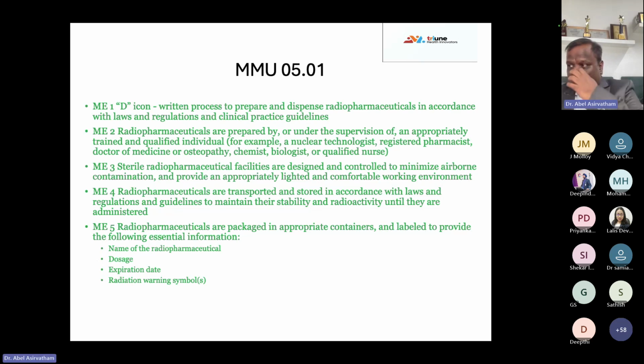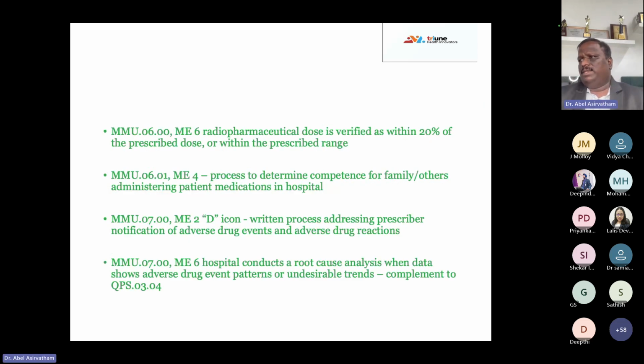Radiopharmaceuticals are packaged in appropriate containers and labeled. So the essential things which need to be part of the package include the name of the radiopharmaceutical, dosage, expiration date, and the radiation warning symbol. Then the radiopharmaceutical dose is verified as within 20% of the prescribed dose. This is very, very important. This is as per the nuclear medicine guidelines. If you read the Journal of Nuclear Medicine Technology, you will find all these details also. So the dose is verified as within 20% of the prescribed dose, and a process to determine competency for family